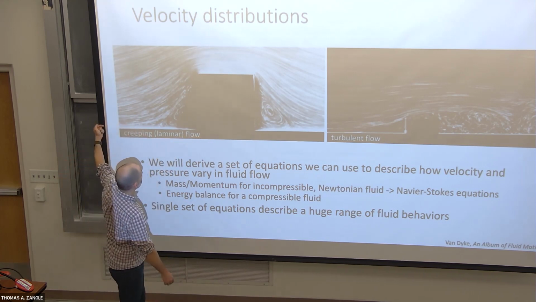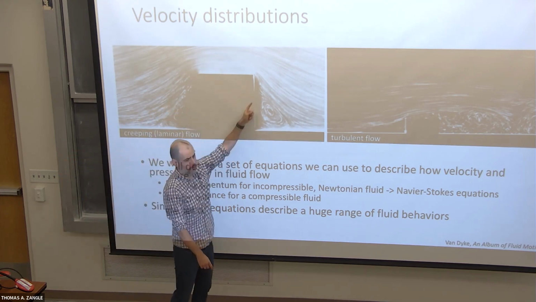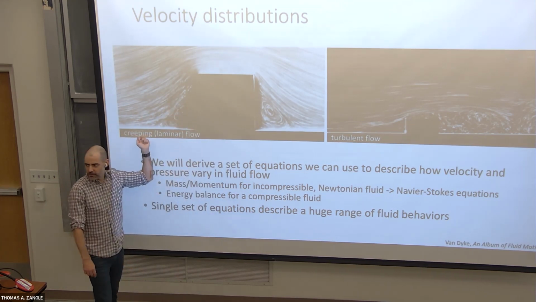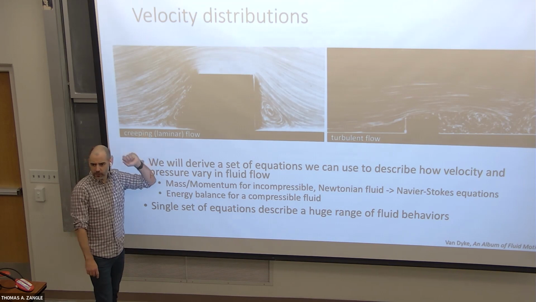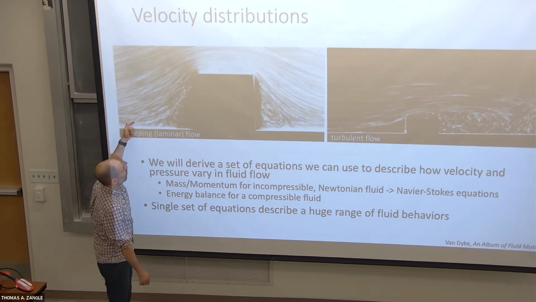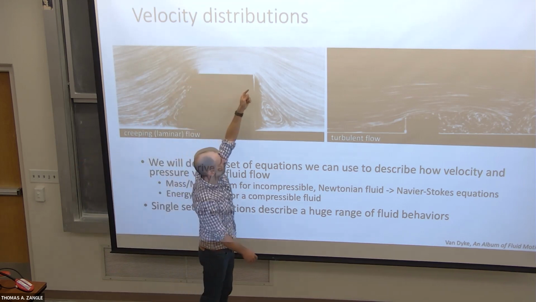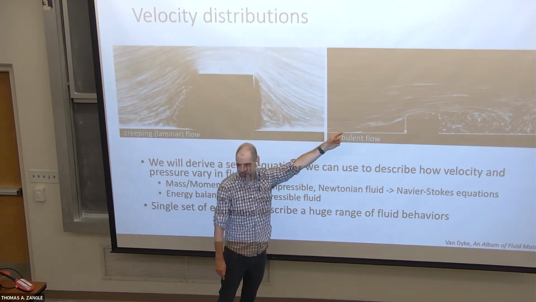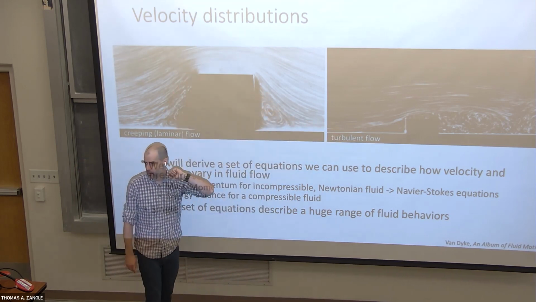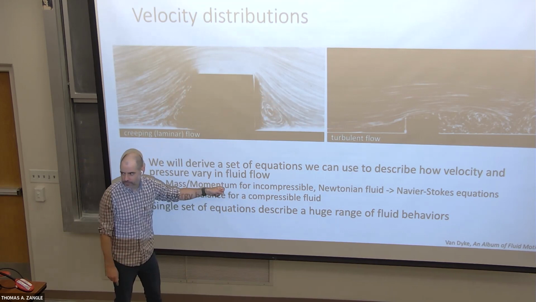So this is flow, again from left to right, over a block. You can just kind of see the shadow of this block. And this is at very, very low speed, so we would call this creeping flow. We'll talk more about this. What we see is that at very low speed, the flow encounters the block, moves up around the block, and then symmetrically comes down on the opposite side, with formation of these nice, neat little vortices on either side of the block. This behavior is described by the Navier-Stokes equations.